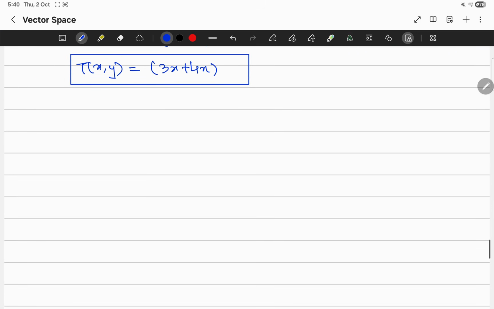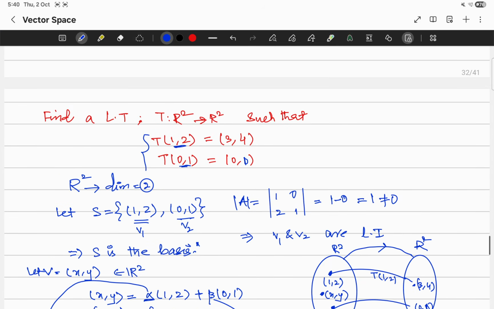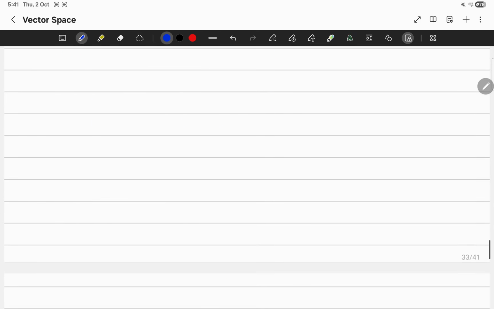Okay, so this is an important question which you can face in the examination. So you have to find the linear transformation. The image of some points will be given, so you have to find the basis from these points, the linearly independent set, and find the image and accordingly find the variables. Okay,